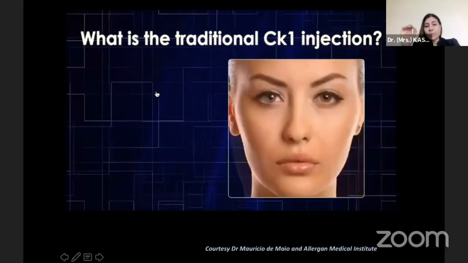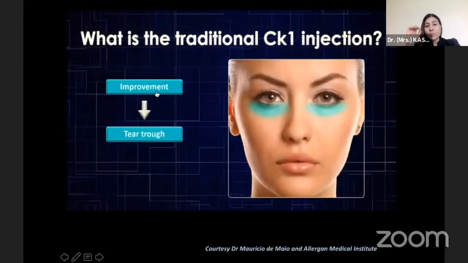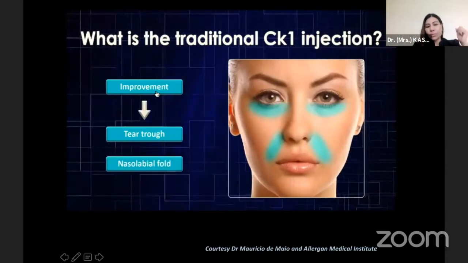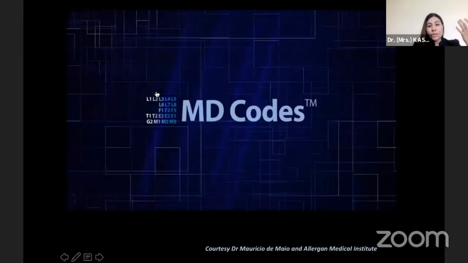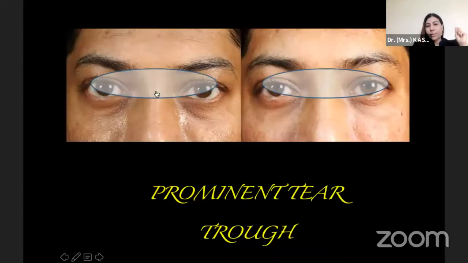It gives a slimming of the face, and most important, it leads to improvement of the tear trough along with improvement of the nasolabial fold, and it makes the eyes look bigger, and also it lifts the eyebrow. So if you look at this lady here, and if you draw a line from the elbow of the nose to the tragus, another line from the lateral canthus to the lateral part of the mouth, and then you divide these two lines, at 45 degrees on the bifurcation, you have the G point sitting, which is similar to the CK2 point. These CK1, 2, 3 points are the points of lifting and slimming of the midface.